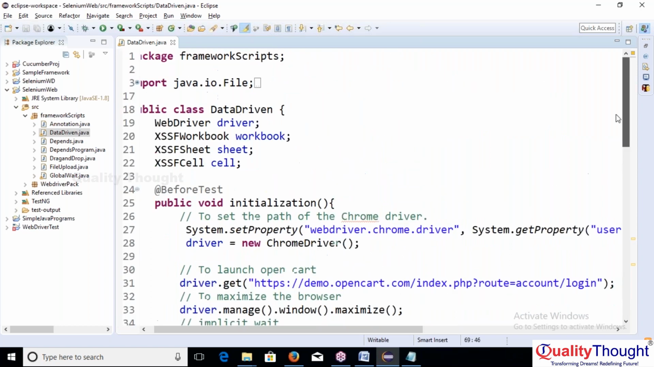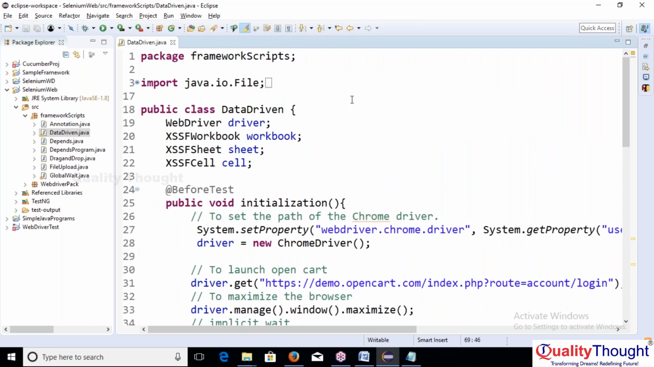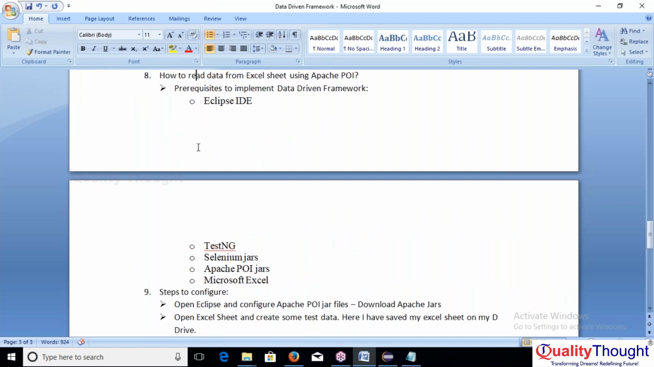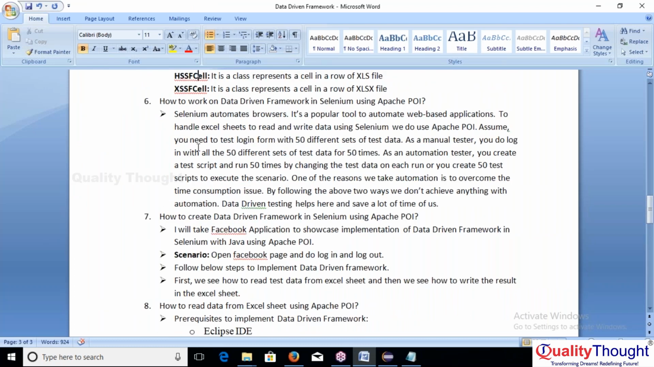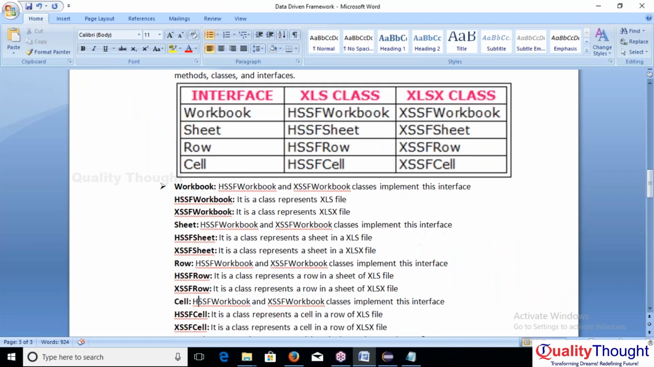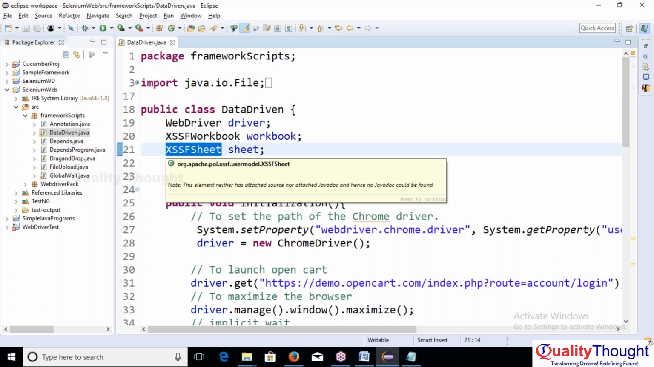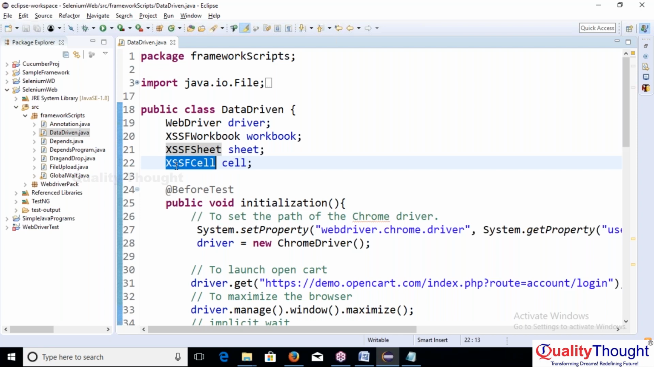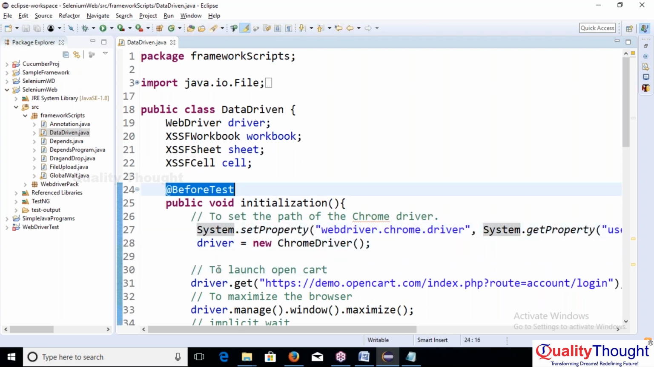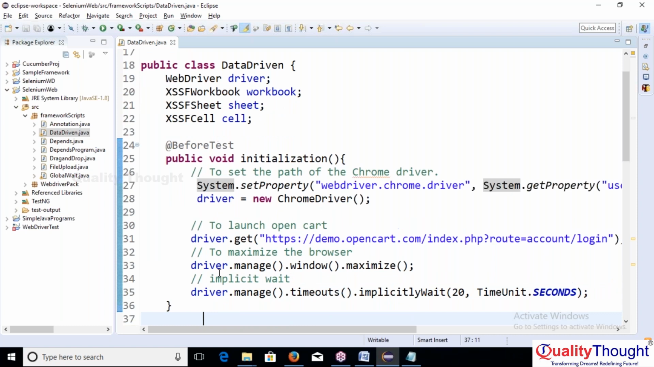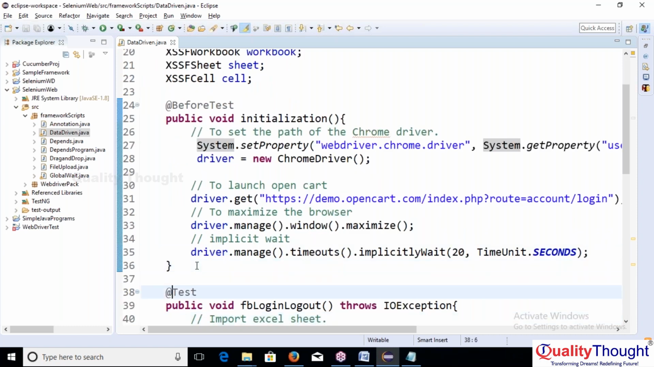Let us see. So this we already know. As per the document I have designed the program, make sure whether it is HSSF workbook or XSSF workbook or something else. That is the reason I have used XSSF workbook, because it is XLSX format, XSSF sheet, and then XSSF cell. So these three things have been used here. Now I have opened the browser by using the @Before test annotation, and then I have launched the URL and then maximized the browser. Page load time has been provided. Once that has been done,